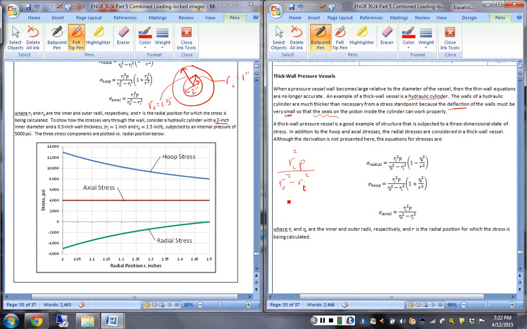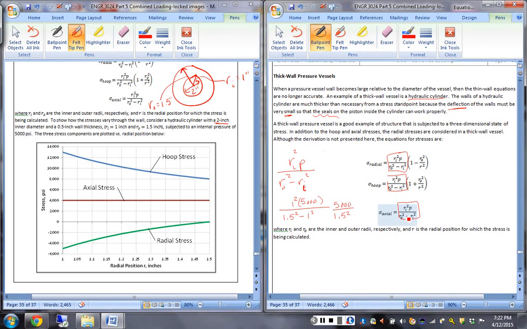So in this case, this would be 1 inch squared times 5,000 psi over 1.5 squared minus 1 squared. That simplifies to 5,000 over 1.5 squared. That's the same coefficient term,